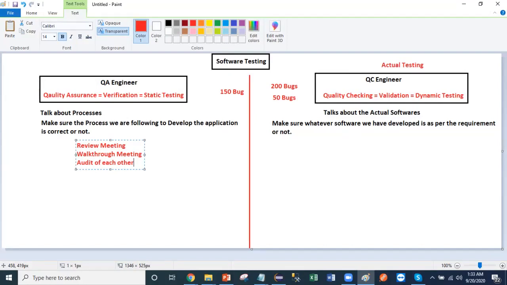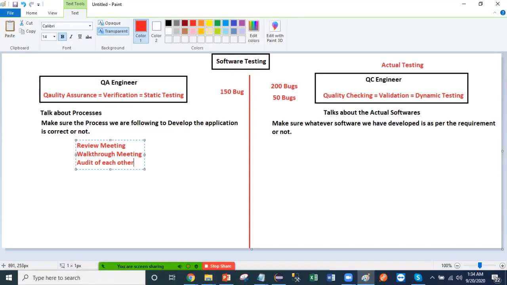What is audit? Audit means your test case is going to be checked by another team member. You are not showing your test case. Let's suppose, Khola, you create the test case and you give it to Anthony. Anthony will play with that test case and he will try to find out the mistakes in your test case. You got my point? So that is called audit. Audit is always done by a third party. Audit cannot be done by yourself, right? So you give your test case: okay, this is my test case, just go through it and let me know if you find any issue or mistakes, right?